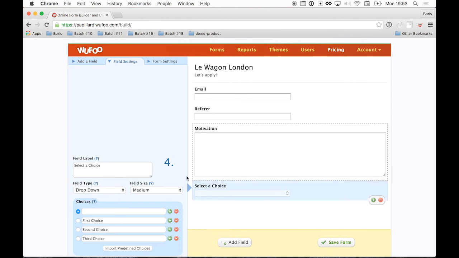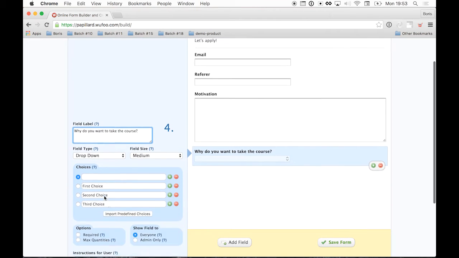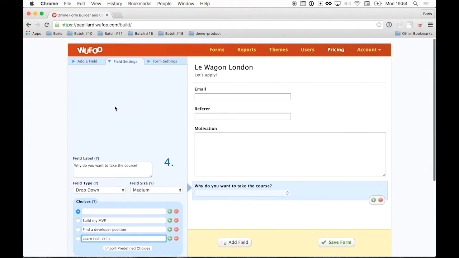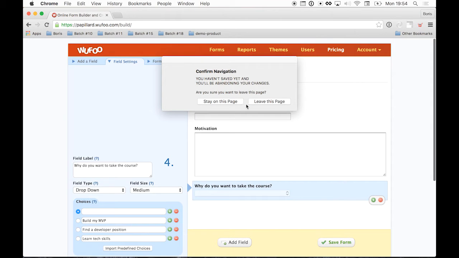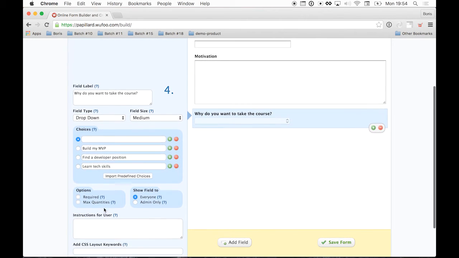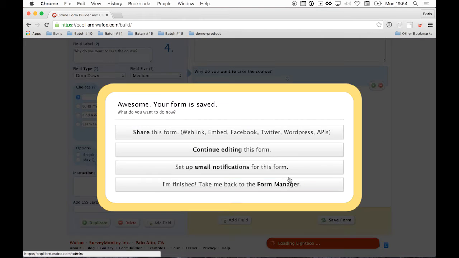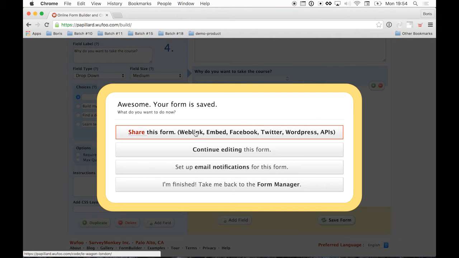And I'll say, okay, why do you want to take the course? And maybe, okay, first choice, that will be build my MVP. Second choice will be find a developer position. And third choice will be learn tech skills in a more general way. Okay, so I'll add them, and where do I have to validate it? No. Okay, and then I can save my form, and there I've got an option which is share this form,